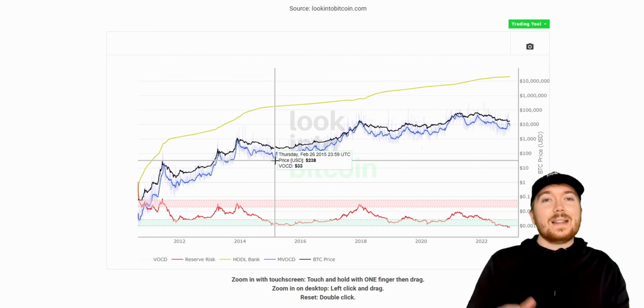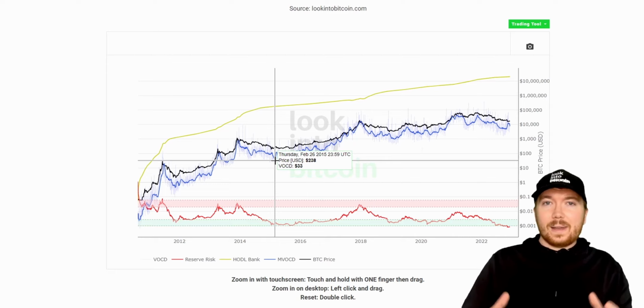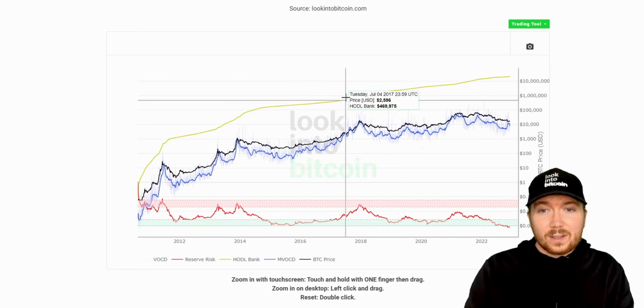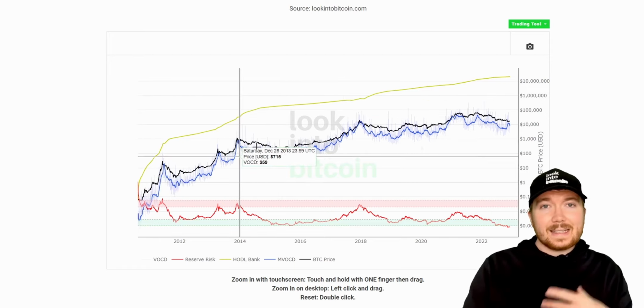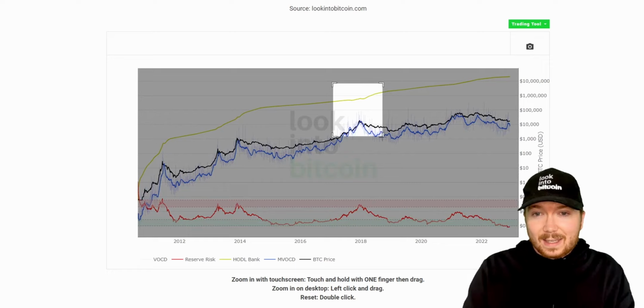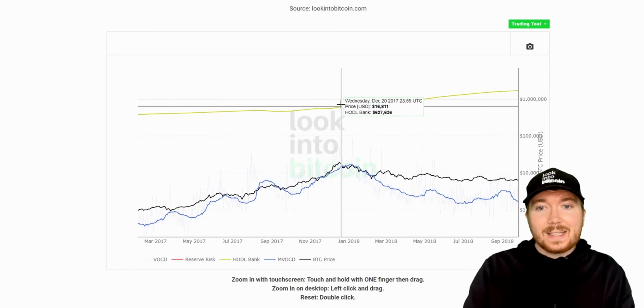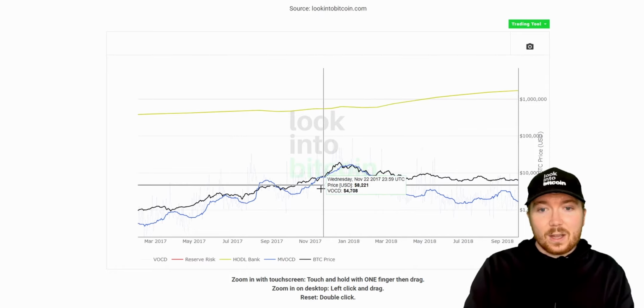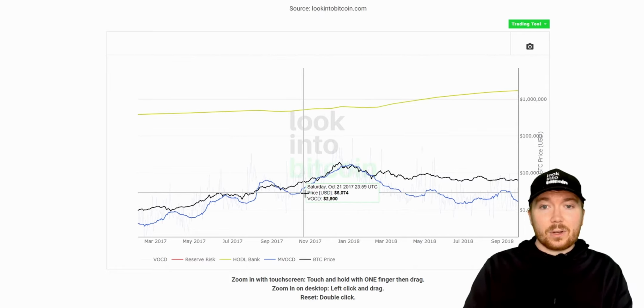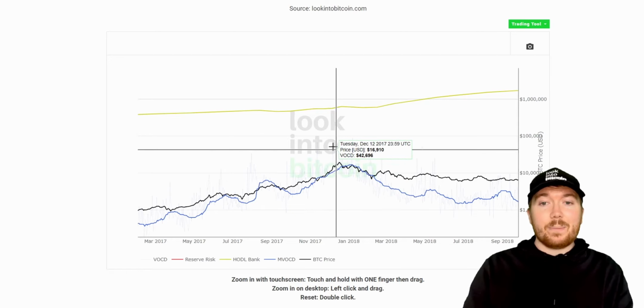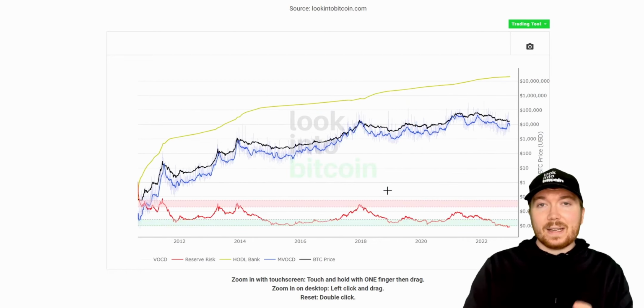They're under the impression that in the future they can get a higher price and are willing to hold on for that future returns. So what we can actually see, if we look at the HODL bank here, it looks like it's increasing forever. But if we just isolate one bull cycle peak, such as this 2017 one here, we can see the HODL bank actually decreases when this blue line, this median value of coin days destroyed, surpasses the Bitcoin price. So this is a great area to actually